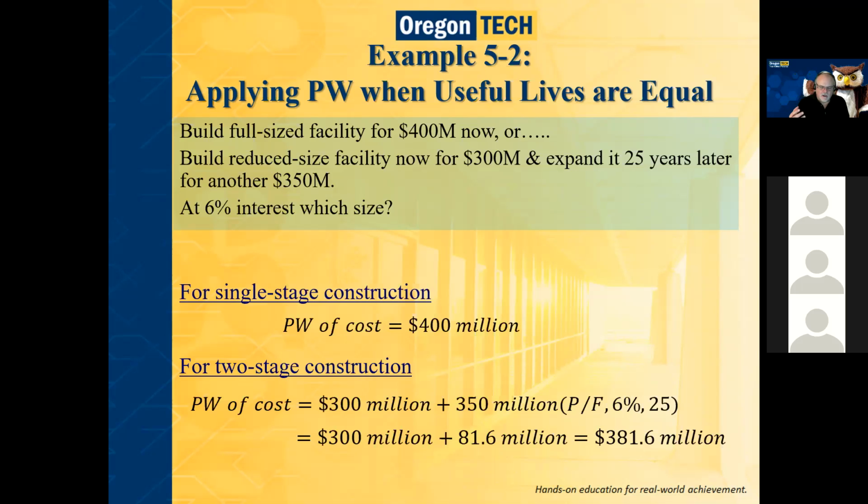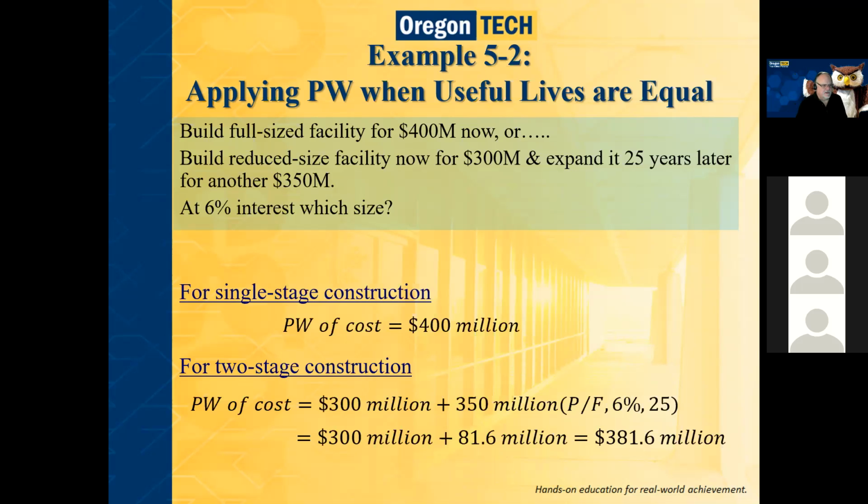So ultimately, all these decisions come down to, throughout this chapter, getting everything into a today-dollar value. So you can say, we're going to spend this much now, and this much in the future coming back to us. We try to bring it back to today's dollar values. So that gives us the equivalence that we keep talking about. What's the equivalence of $400 million today compared to the equivalence of $300 million today plus $300 million in 25